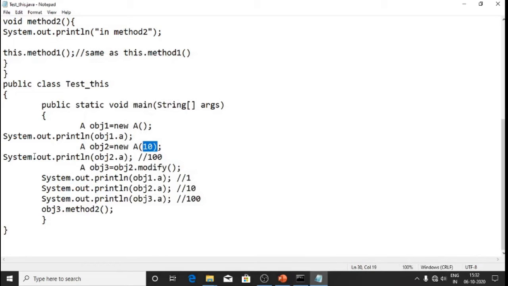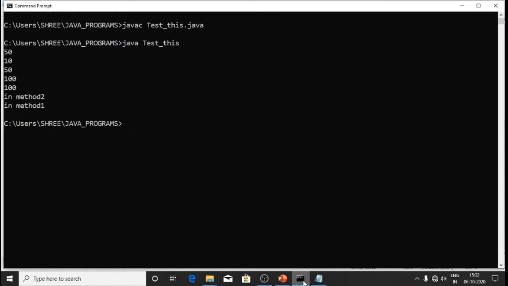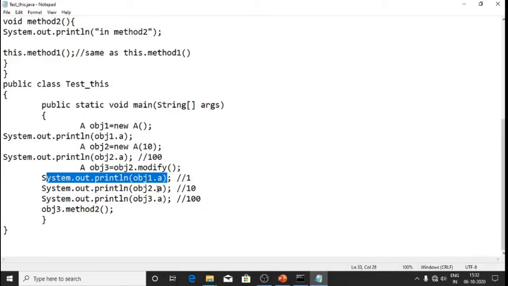Then in the next println, again it displays the value of object 1 dot a, so it displays again the default value, that is 50. Then it displays 100. Here it is displaying 100 and it is not displaying 10 or the previous value because it is modified in the modify function.